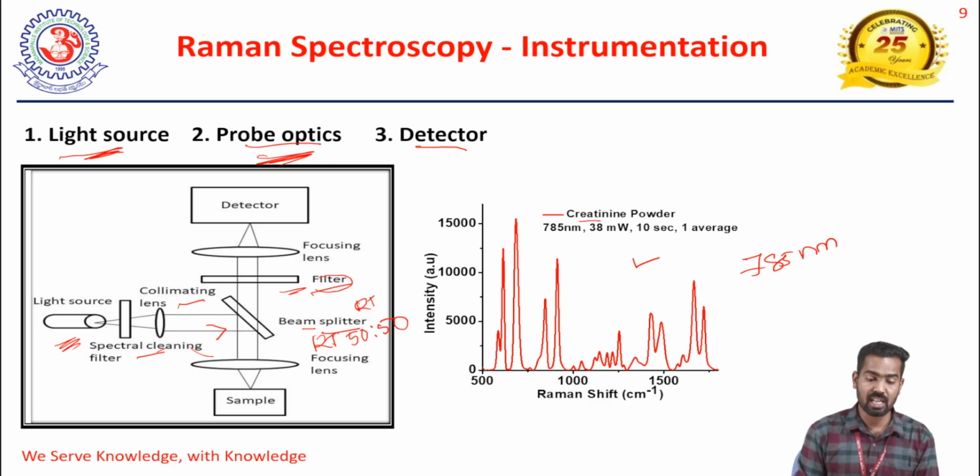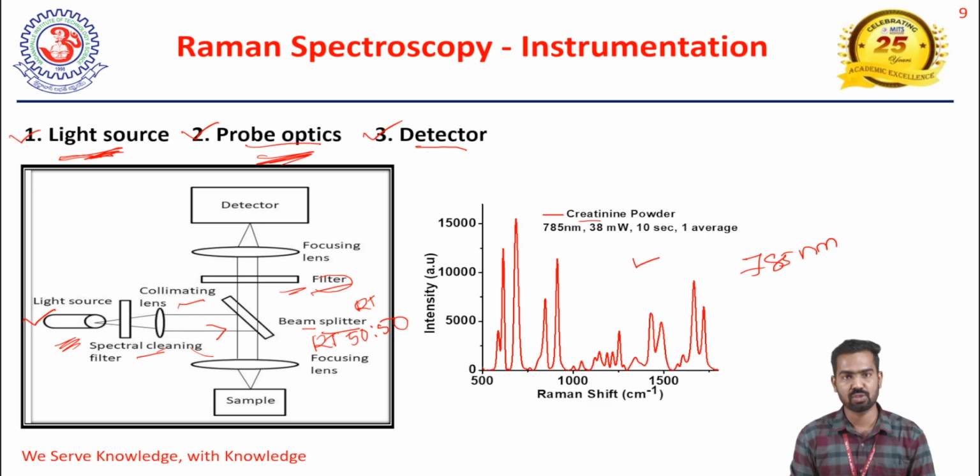So this is the general aspect only. Every spectroscopy is associated with a light source, probe optics, and a detector. In this case, the light source, as I already mentioned, is a laser. According to the application, we can change which laser source we want. For example, we can use a high energy laser source if you are considering some material applications. In the case of biological applications, such as tissue or cells, we have to use low energy lasers like